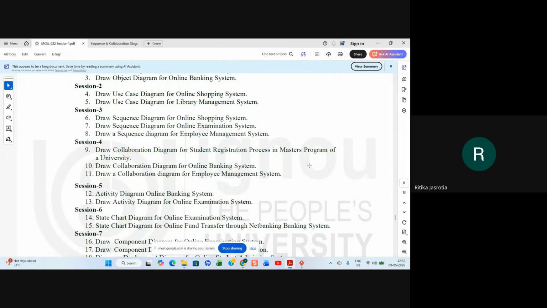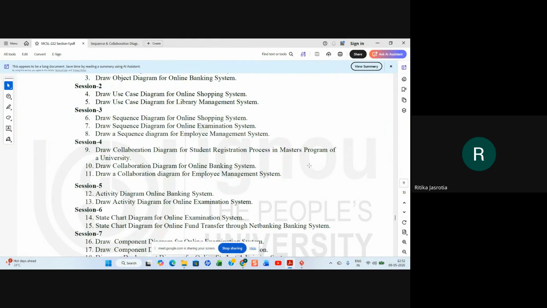So you can show fund transfer, or check balance or print statement, or bill payment, or apply for a new account or a credit card, whatever. Any one thing you can show. If you club all the things in one diagram, it will be too complicated.